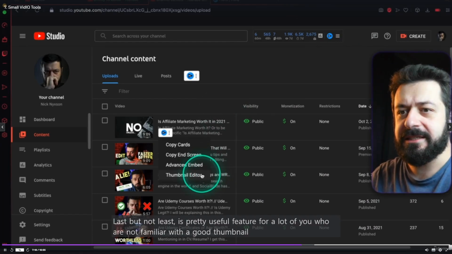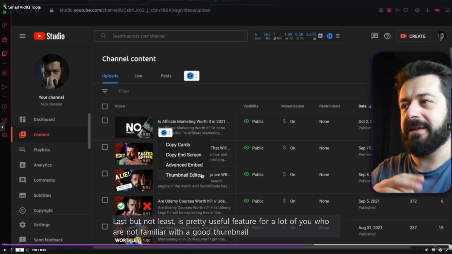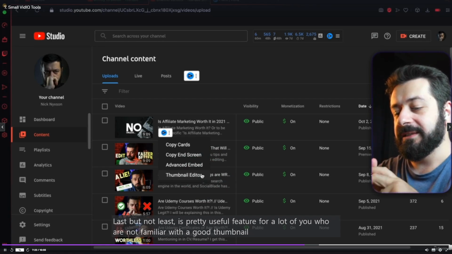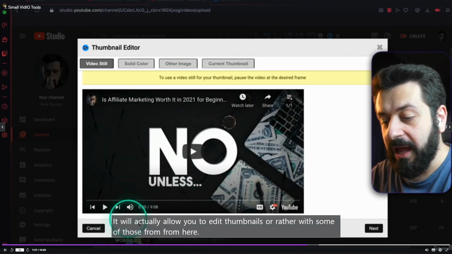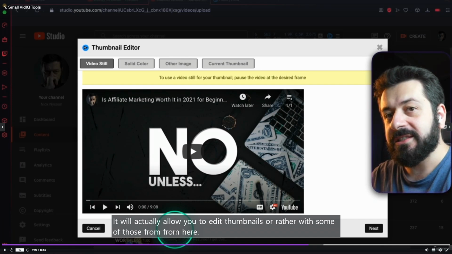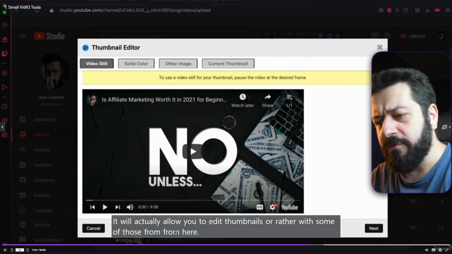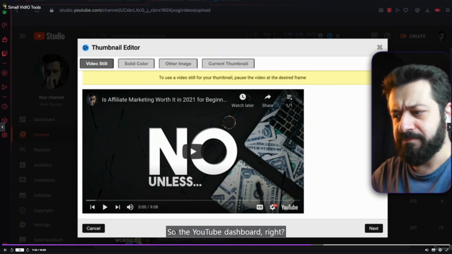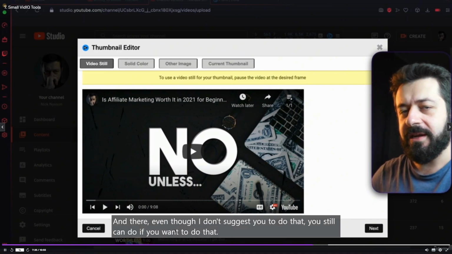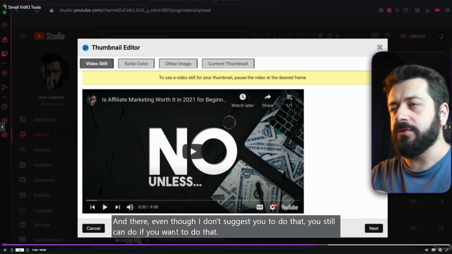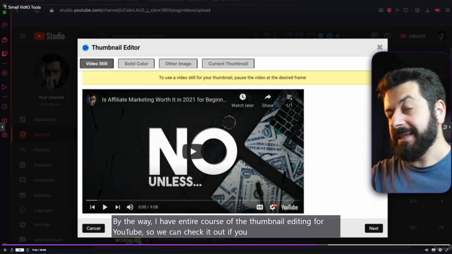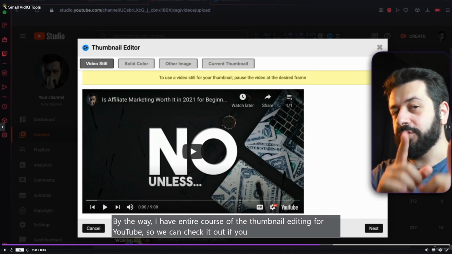Last but not least is a pretty useful feature for a lot of you who are not familiar with good thumbnail editing, and it is the thumbnail editor. It will actually allow you to edit thumbnails, or rather create thumbnails, from here, from the YouTube dashboard. Even though I don't suggest you do that, you still can if you want to. By the way, I have an entire course dedicated to thumbnail editing for YouTube, so you can check it out